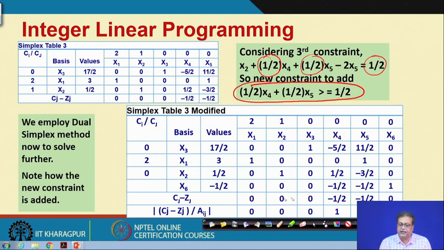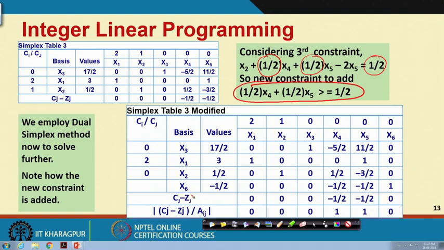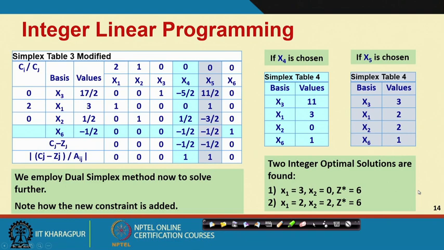Now, it is again added in the negative way. So, x 6 minus half. So, we added, you see the size of the problem has gone up, minus half, minus half, minus half and x 6 1. So, that will have the canonical form. Again we compute Cj minus Zj by Aij, right, and we have the modified simplex 3 table. Then once we have this, this is our modified simplex 3 table.